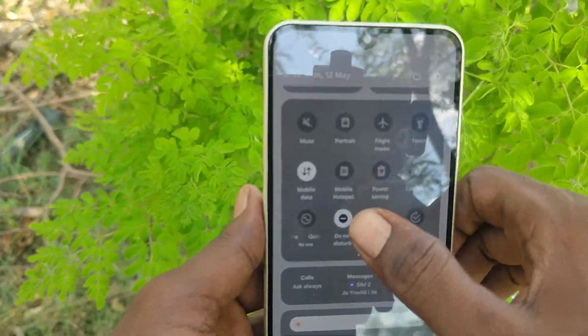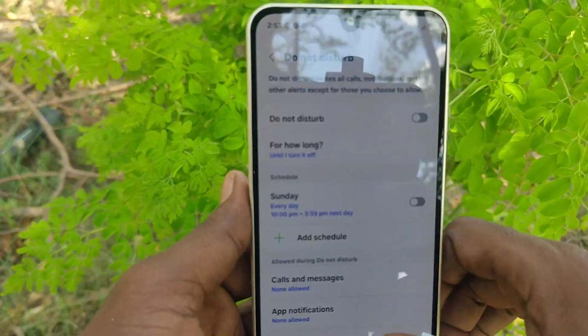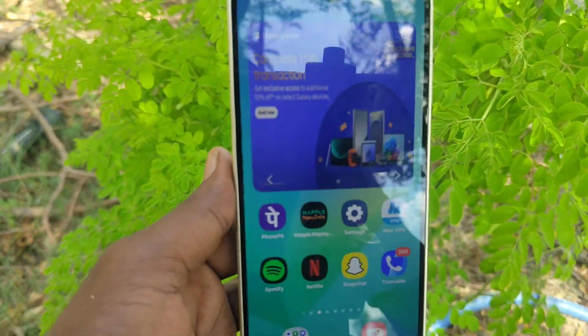Okay, so in this way you can easily fix do not disturb automatically turned on in your phone